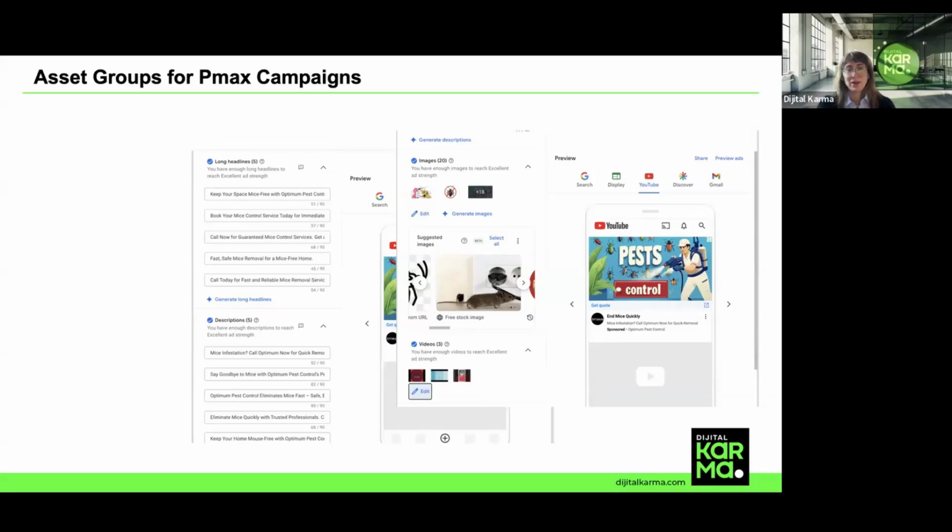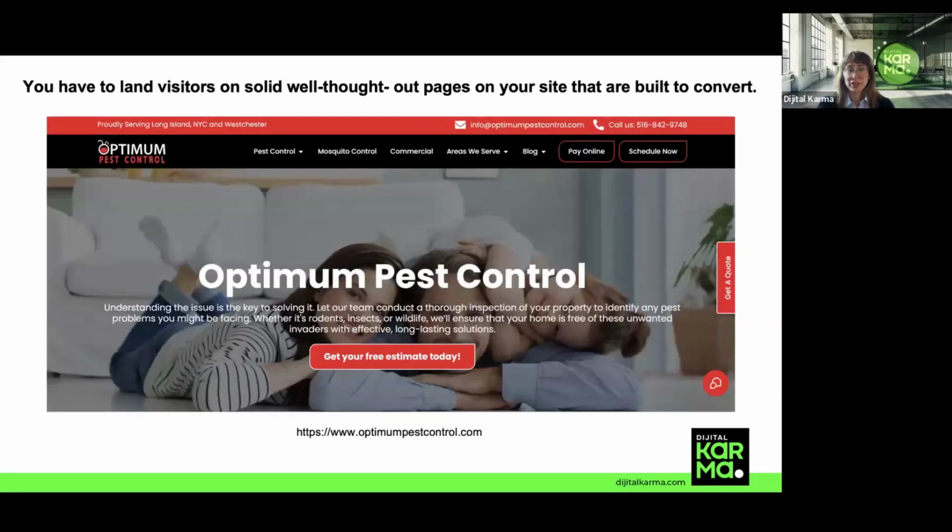Okay, one of the most important thing is you have to land visitors on solid, well-thought out pages on your website that are built to convert. You cannot send each of your Google Ads campaign or your ad group to your homepage.